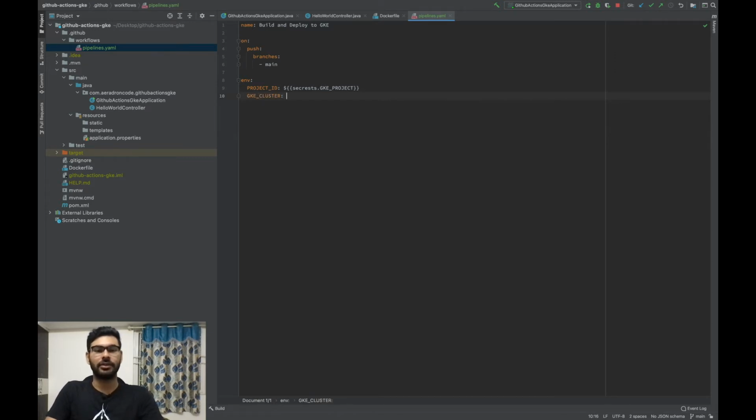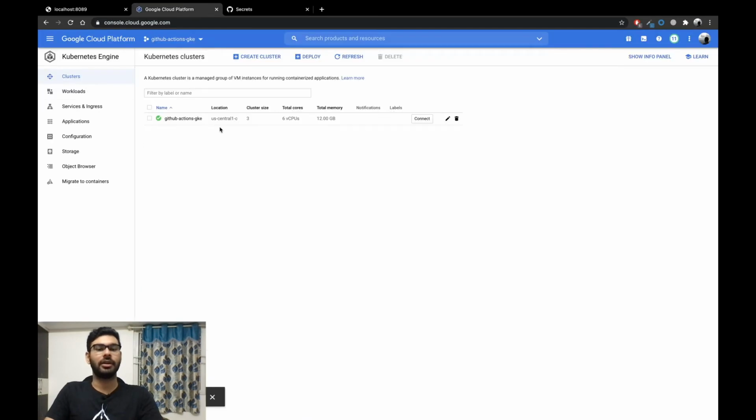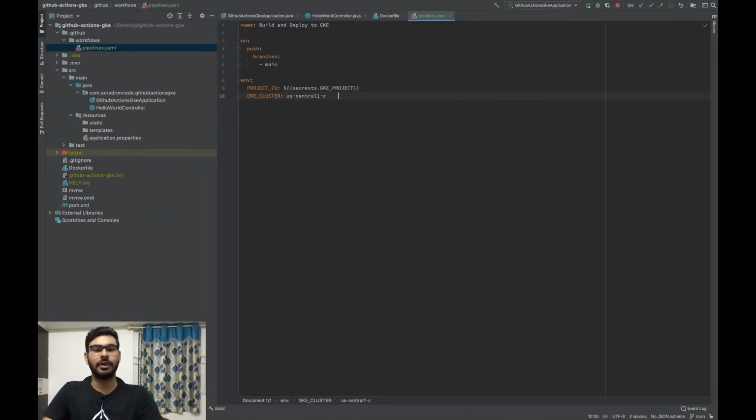And the next environment variable that we need is the cluster name. So our GKE cluster will be the cluster where our cluster is actually running, the location of the cluster. So we'll just copy paste this location and paste it here. Make sure you have spaces and indentation all correct. And next we will need GKE_zone.